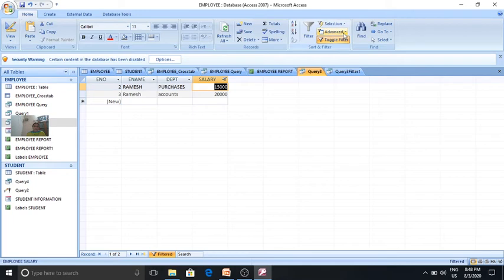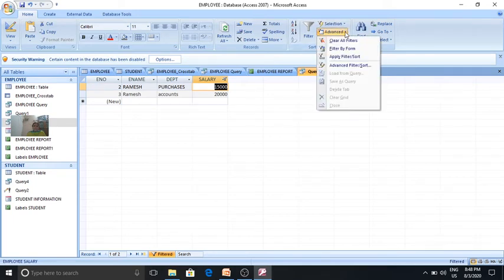Okay students, I think you are getting the point of what I am saying. Advanced filter is used for typing the criteria condition by the user himself, which we cannot see in the table or form. I have selected the records of the employees whose salary is greater than 15,000. Here there are two records, employees whose salary is 15,000 and 20,000. Okay, I think you are clear students.